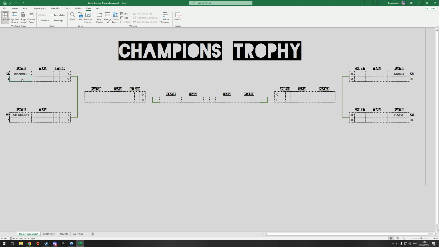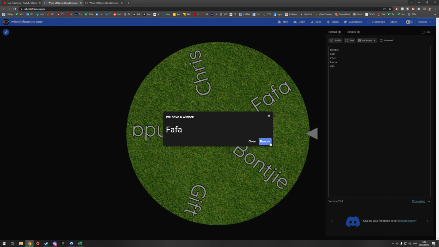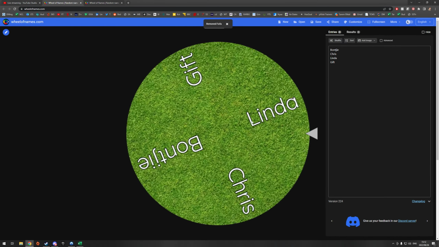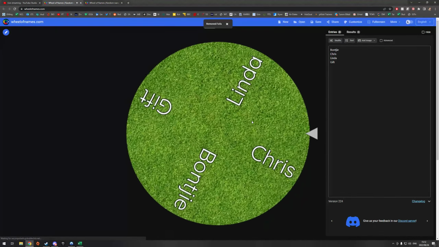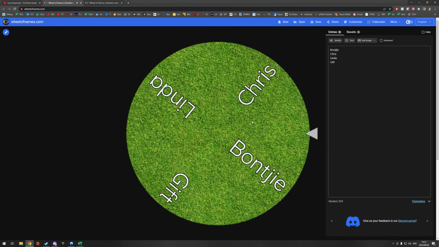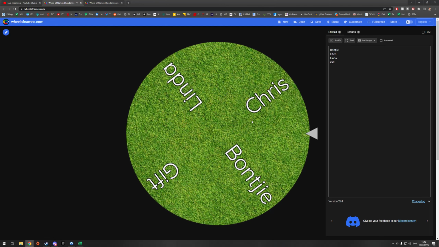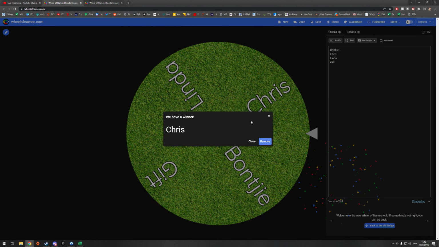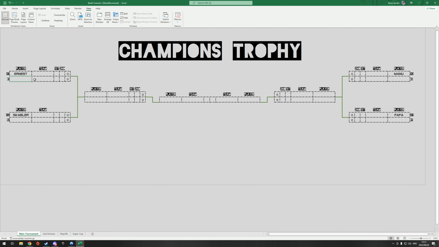Cool, so now we'll be filling in B1 over here, so determining who Ernest's opponent will be for the first tie. Seems like Chris. First tie will be between Chris and Ernest.